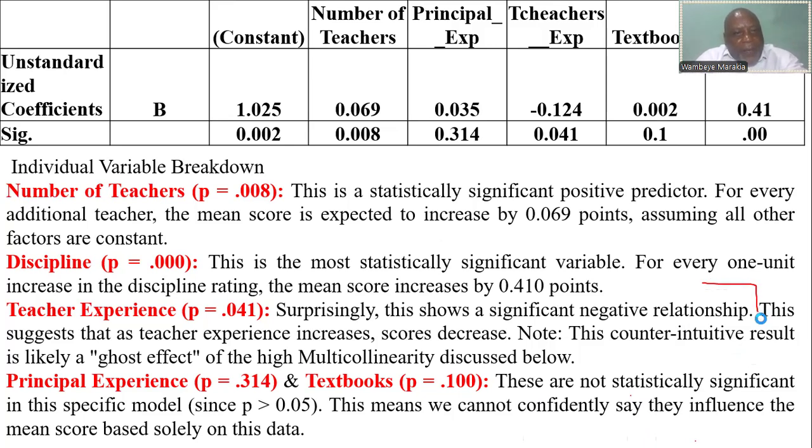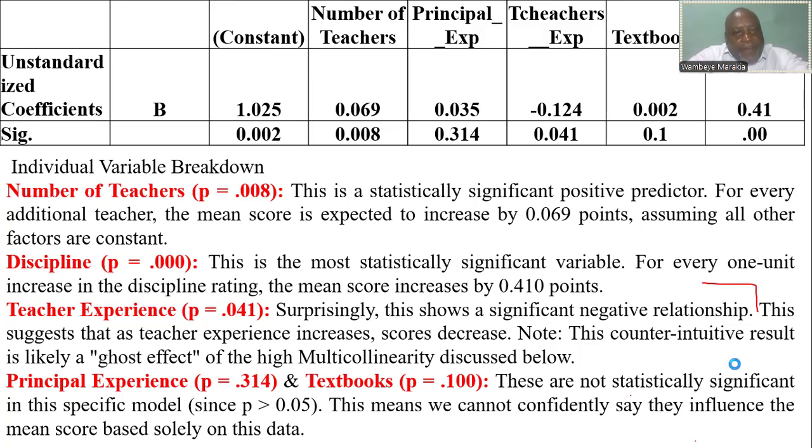And discipline, which has a p-value... it means that, let us go to the teachers, number of teachers. It means that this is statistically significant, a statistically significant positive predictor. Number of teachers, because it's 0.008, is a statistically significant positive predictor. And for every additional teacher, the mean score is expected to increase by 0.09 points, assuming that all other factors